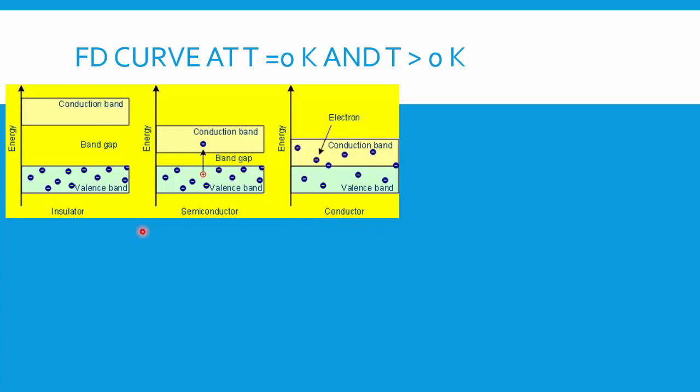So you already studied this in your higher secondary level, that for insulator, you have a large band gap. The valence band and the conduction band is separated, and that's the band gap. And for semiconductor, it is less, and for conductor, it's almost zero. So why am I considering this example? Because I'm going to take this example, semiconductor, for this chapter. So why do I have to consider semiconductor?